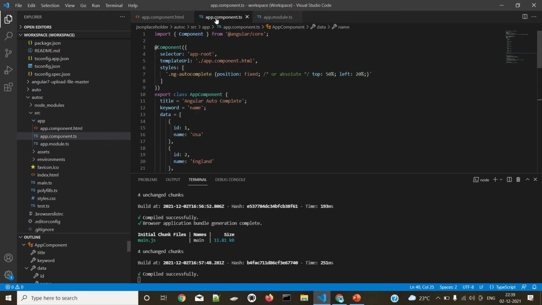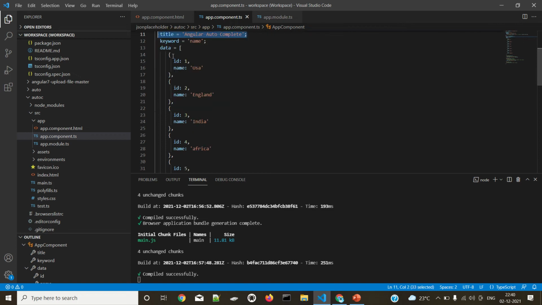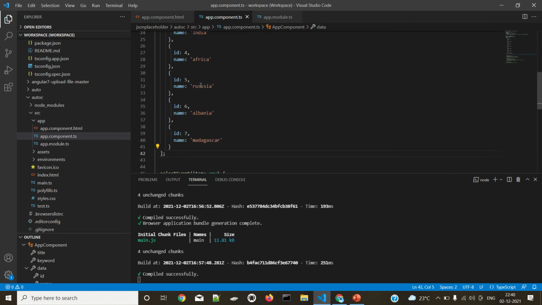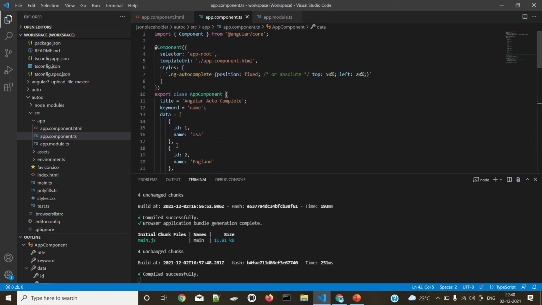For the ts file, I have just a list. I have strings, one is the keyword name, another one is the title. The file's title will be there, and then I have the data. I have all this data in a structure, with a square bracket, and inside that I store the data in JSON format.